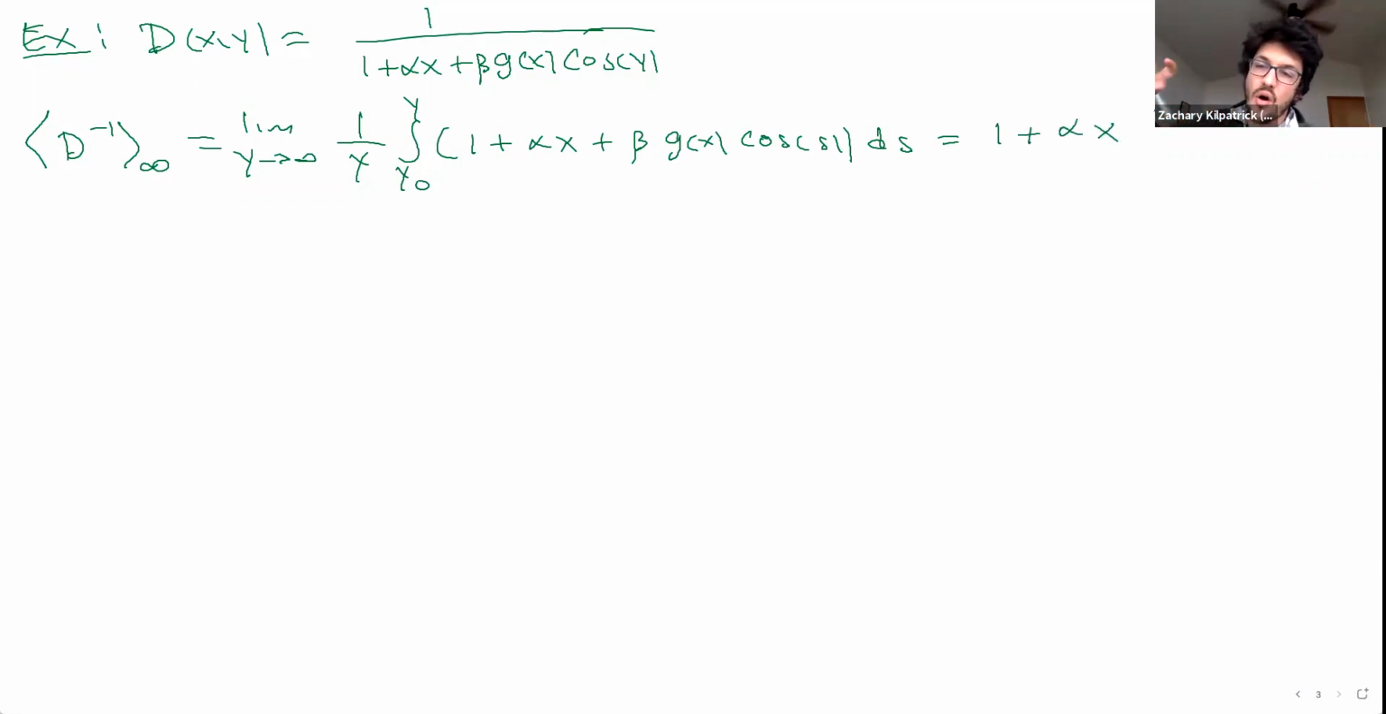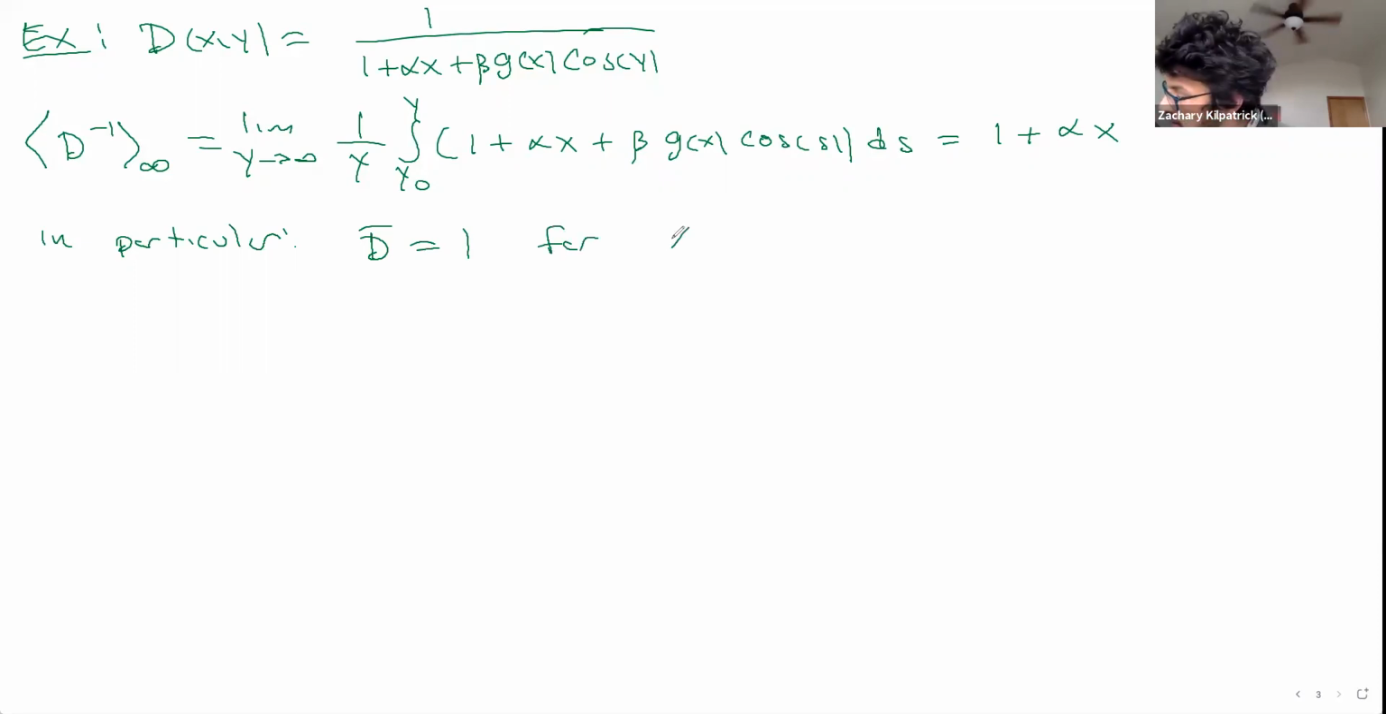and anything that's off because we didn't hit right on a period is going to be dwarfed by the size of the term that we get by integrating this with respect to y. So this is going to effectively integrate to 0, and we're left basically with this leading order term right here. So in particular, d bar equals 1, let's say for alpha equals 0, for f of x equal to 0,